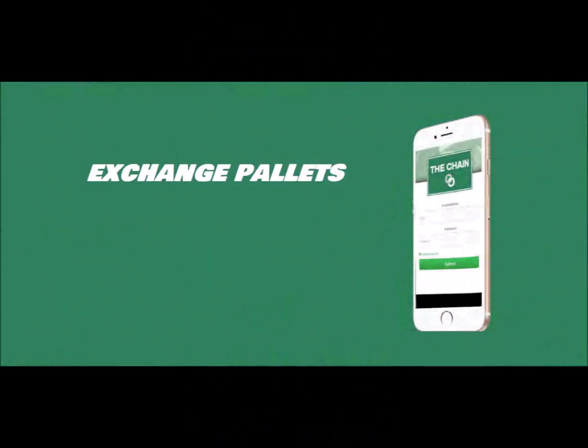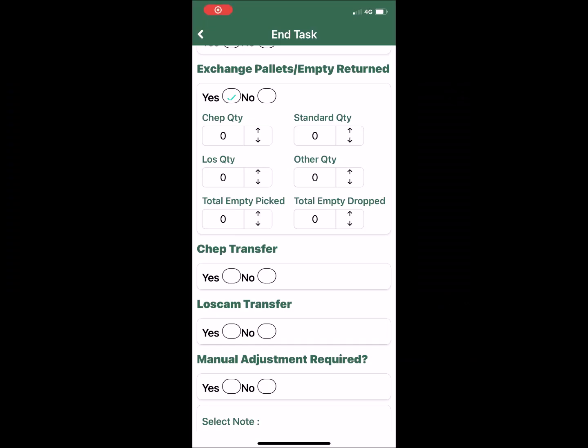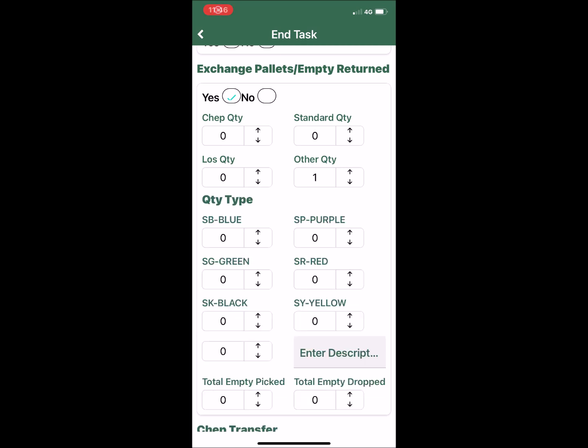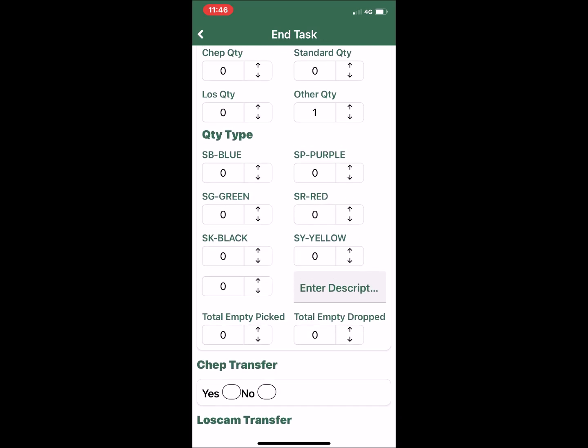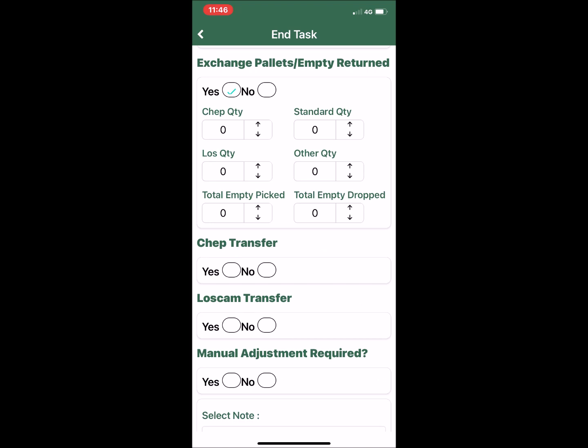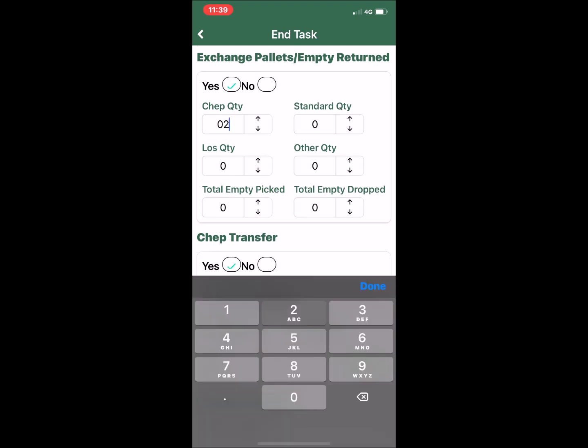Let's now look at the same delivery, but where a client wishes to exchange pallets. By selecting Yes to exchange, you will be shown 4 pallet types. You can view even more pallet types by entering a quantity in the other field if needed. For this delivery, the customer is returning the 24 SHEP and the 21 LOSCOM, so that no transfer needs to